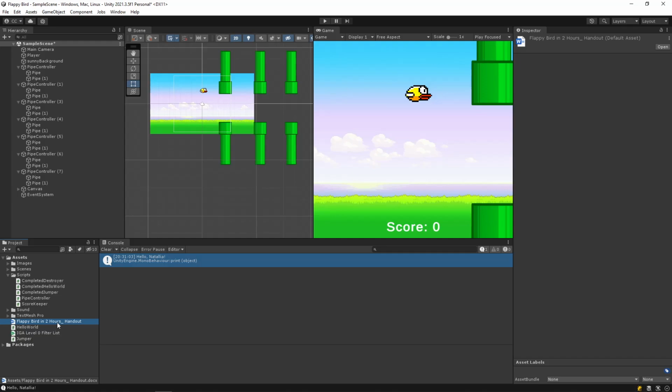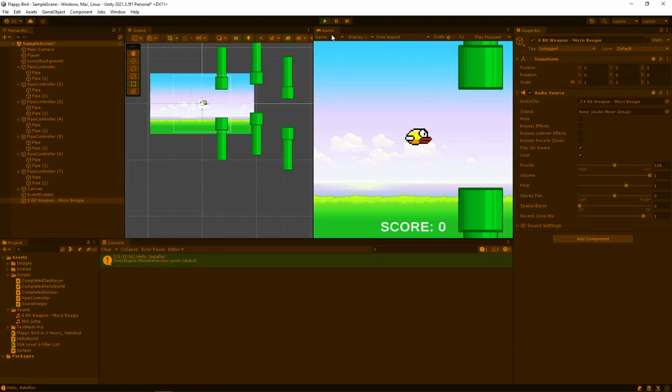Another thing you can do is add in some music by just dragging it there and clicking loop. So just drag in the micro boogie sound, put it there. And now if you click play, you have some wonderful music playing. I did not find this music, I will clarify. If you don't like it, don't blame me. Just want to throw it out there.